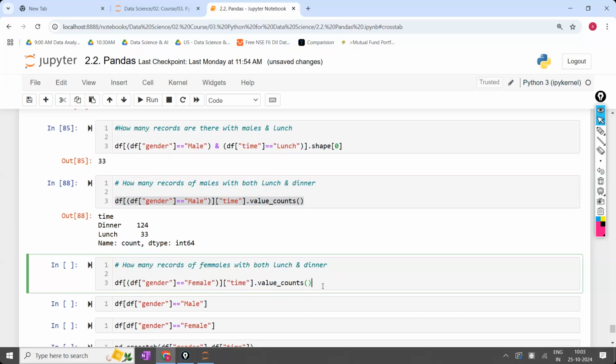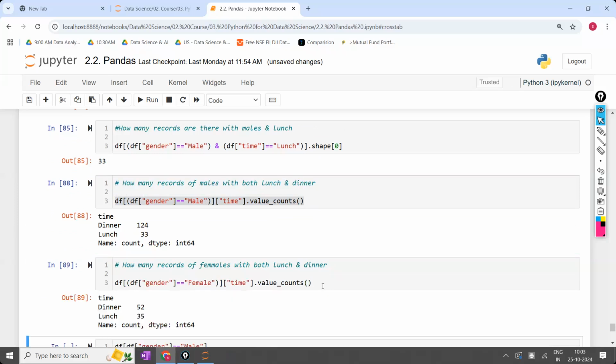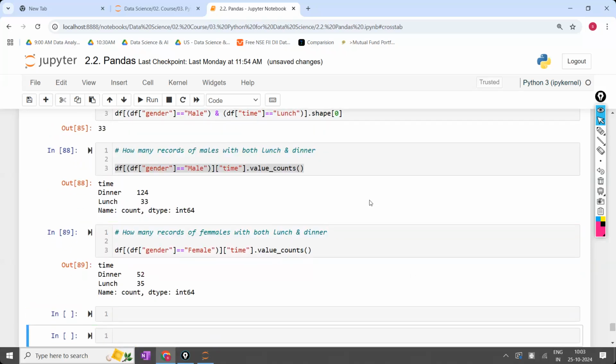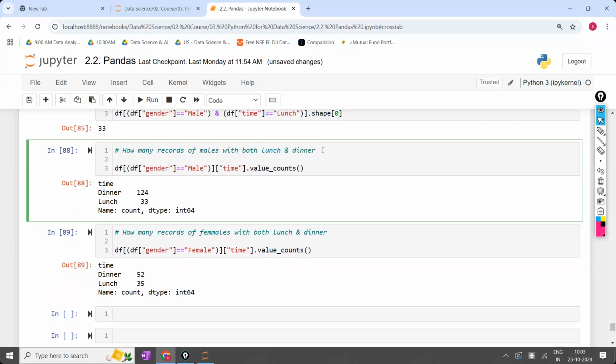Now, what is the output you are going to get? Within the female, how many of them are in the lunch time? How many of them are in the dinner time? Now, next question. I want the overall distribution of